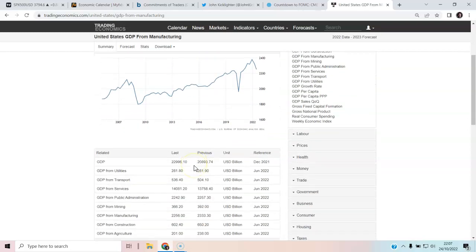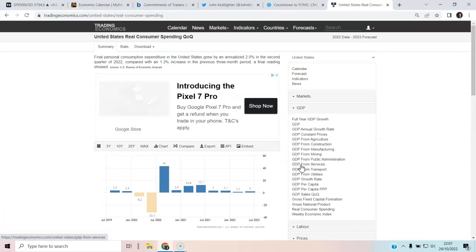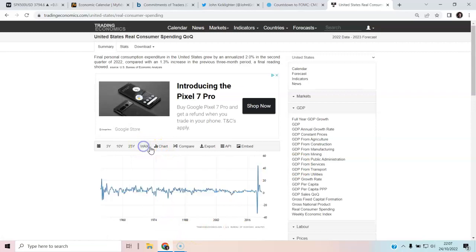It's not just infinitely going up, although that's just from 2005 there. So as you can see, the top of 2008 in terms of manufacturing, we haven't really got to those levels until 2018 roughly. And then we've got things like real consumer spending, obviously down during the pandemic there. But if we had it as a maximum there, you can see the big swings. And if we did it as a line,